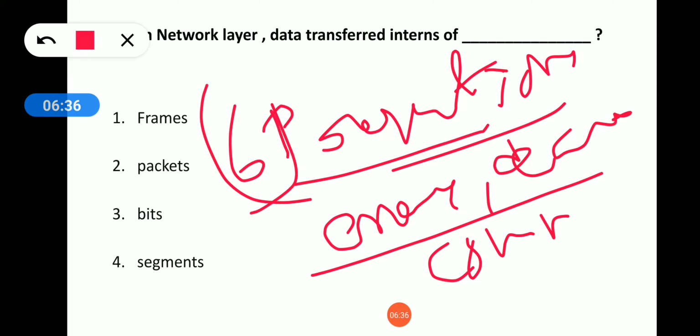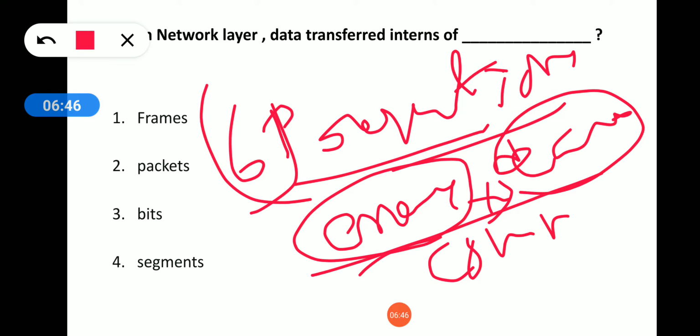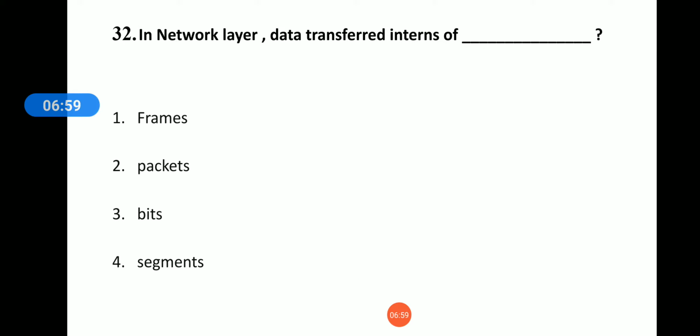There are so many hackers in the network, so to avoid hacking, encryption of data at the sender side and decryption of data at the receiver side will be done by the presentation layer. That's it. It is the main use. These are the important questions asked previously, so I am explaining the overall concept in a single video.